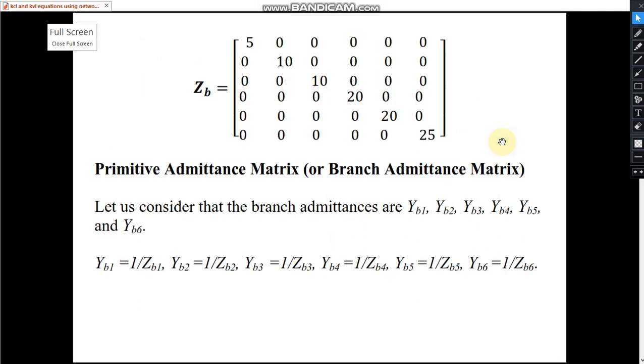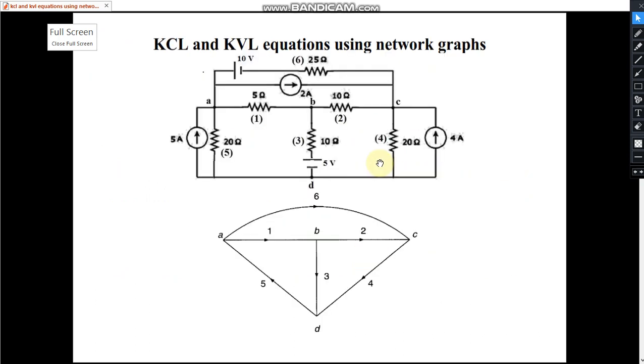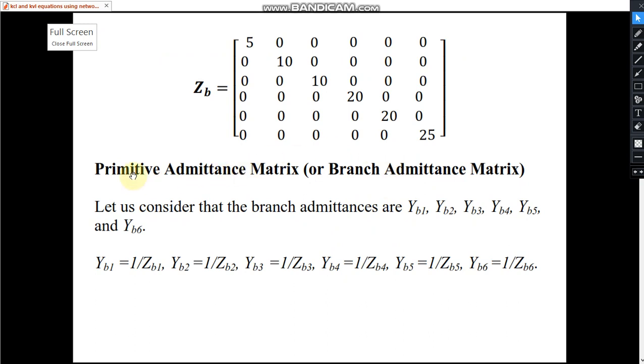So next is, in our circuit, in branch number 1, 2, 3, 4, 5, 6, impedances were resistance of 5 ohm, 10 ohm, 10 ohm, 20 ohm, 20 ohm and 25 ohm, like this. In branch number 1, 5 ohm, then 10 ohm, then 3, 10 ohm, then 20 ohm, then 20 ohms, then 25 ohms, like this. Next is primitive admittance matrix. Just like primitive impedance matrix, primitive admittance matrix is the same. The only thing is that here instead of